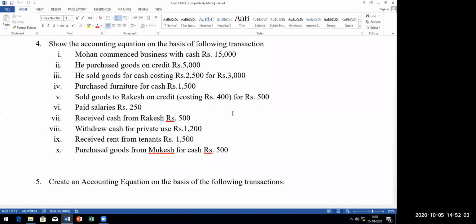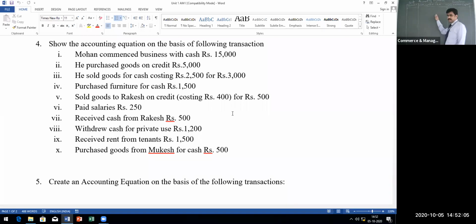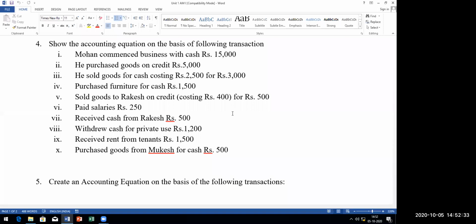So first you have to draw what? Table. Write the heading, accounting equation, and the solution of question number 4. Draw the first column, transaction. Then draw the asset side: cash, goods and current asset. Then fixed asset. He has given clearly one fixed asset. What is the name of the fixed asset? In this question, we come across furniture.